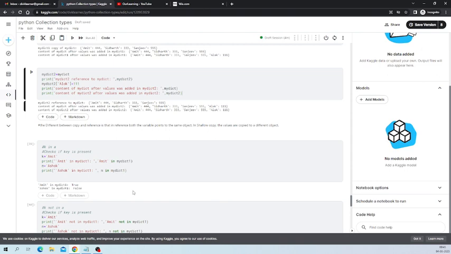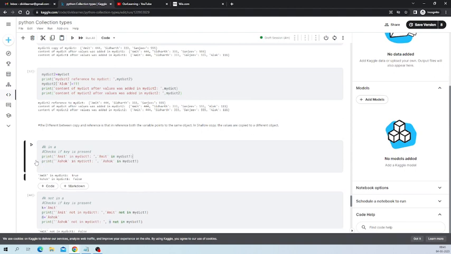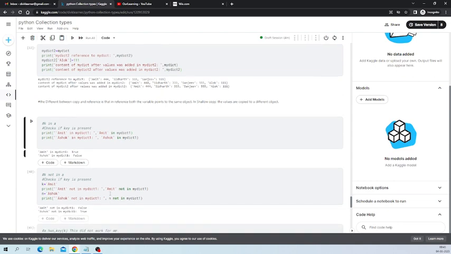The next is K in A, that is to check if the key is present or not. So we are checking the first example, we are checking if Amit is there. We don't require this K to be written equal to Amit because we are writing down the content directly. And then we are saying Ashok. I think we require Ashok because I've written here in, but if I change this Ashok and remove this in and put Ashok here, and I remove this file part as well, when I run it,